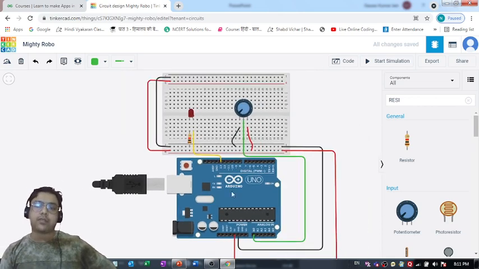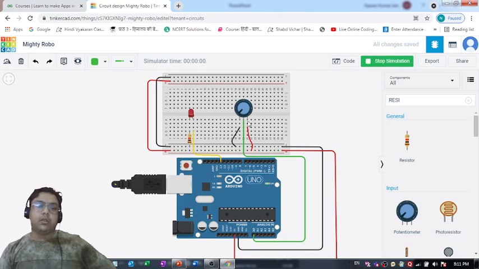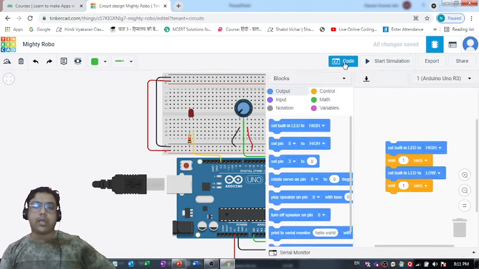Now if I start the simulation, let's see what is going to happen. Okay, I'm able to see this LED glowing. It means that the circuit is perfectly fine. It's a complete circuit that we have defined. Right, so that's how you can test whether the circuit you have designed is a complete circuit or not. If you find this LED glowing, it means that your circuit is complete. Otherwise it's an incomplete circuit that you have to complete. Right, so that's how you can find it out.